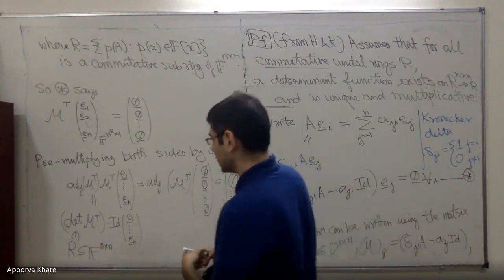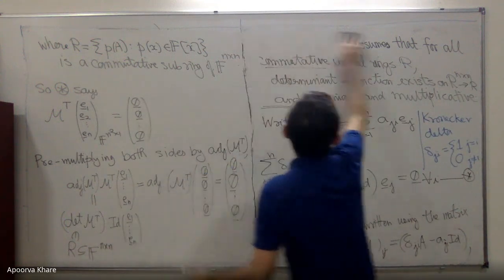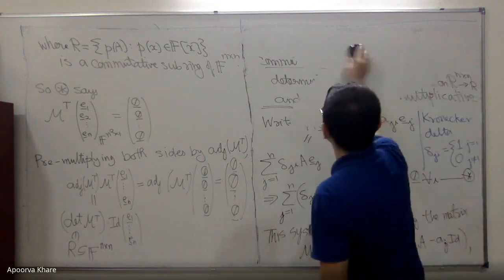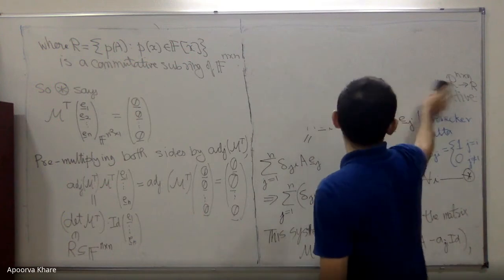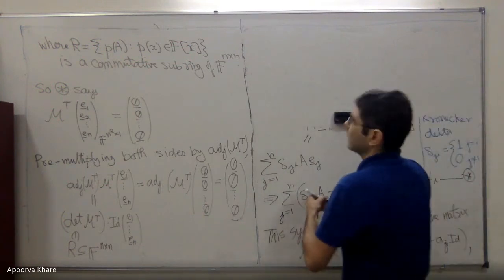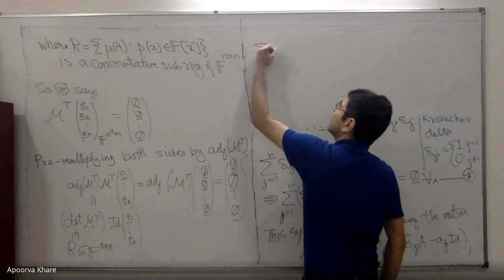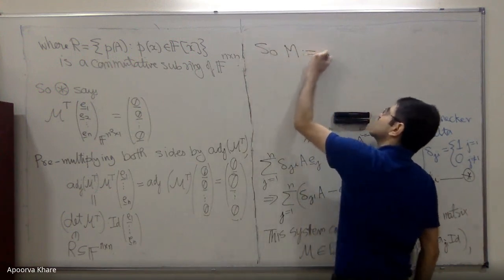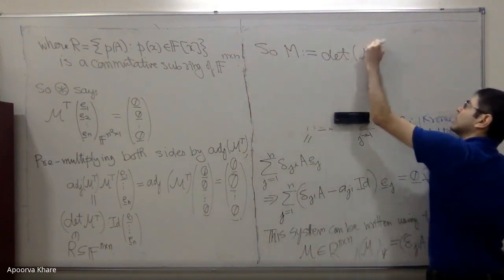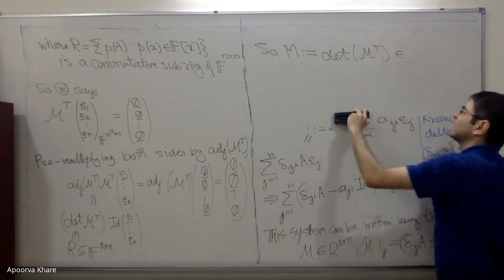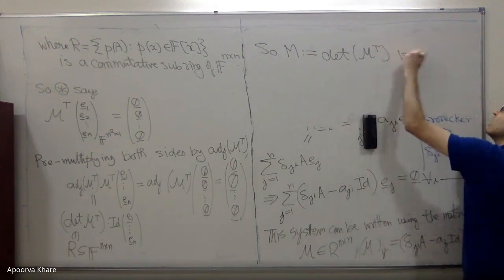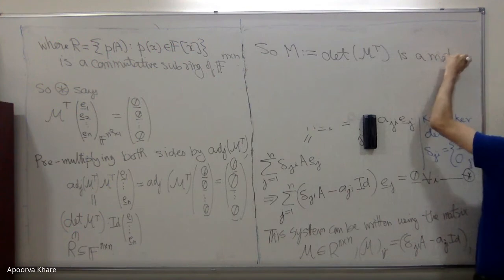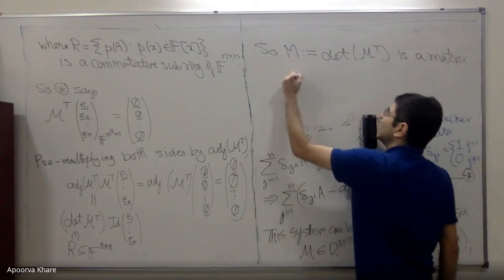So let's give that matrix a name. I'll call it little m. So M is det of M transpose. I'll just say is a matrix in F to the N cross N